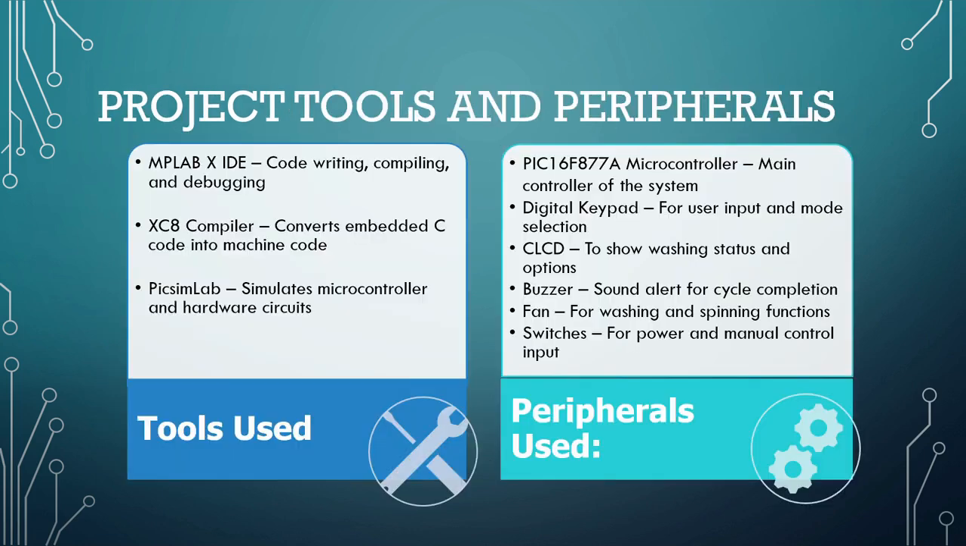To develop this project, I used a combination of tools and peripherals. The tools used were MPLAB for writing and debugging embedded code, XC8 Compiler to convert code into machine level instructions, and PicsimLab, a simulation environment to test my project without hardware. Peripherals for simulation were